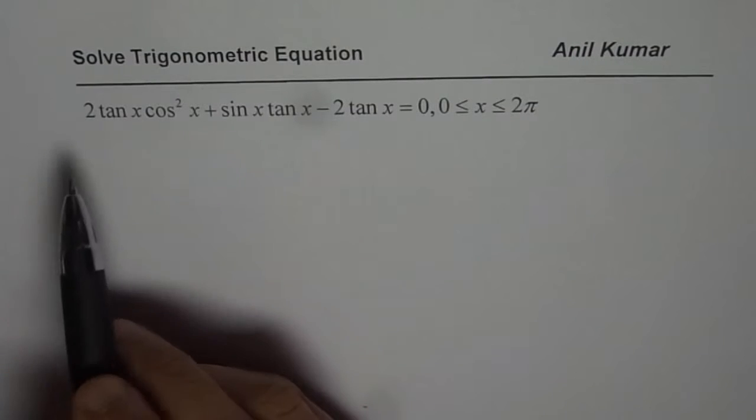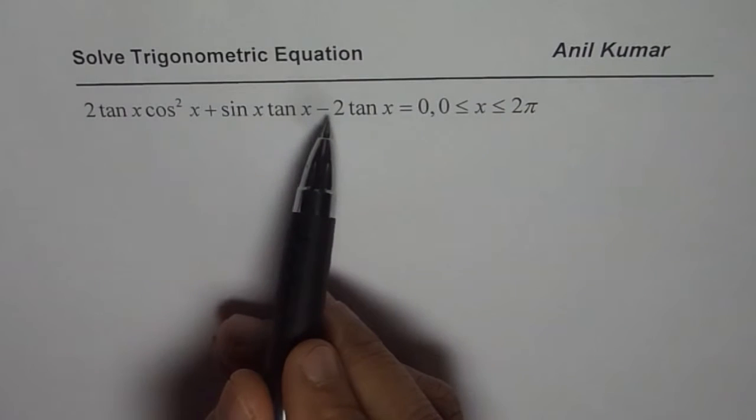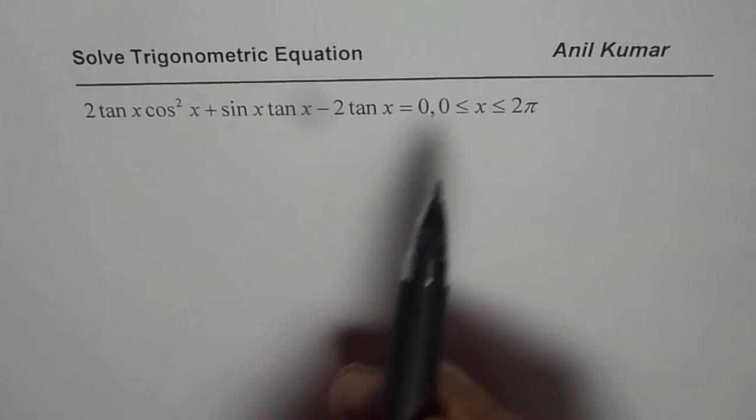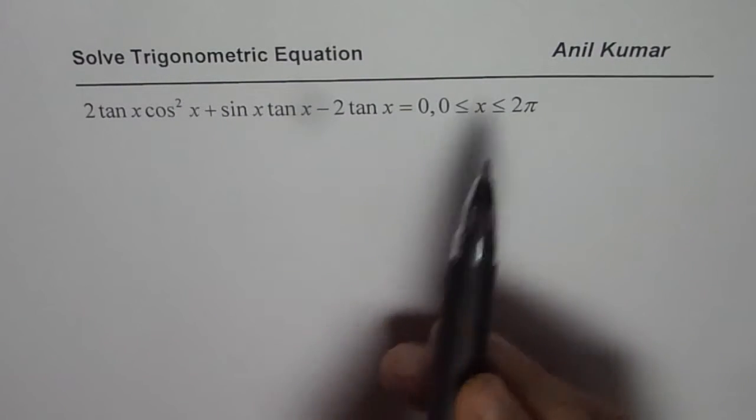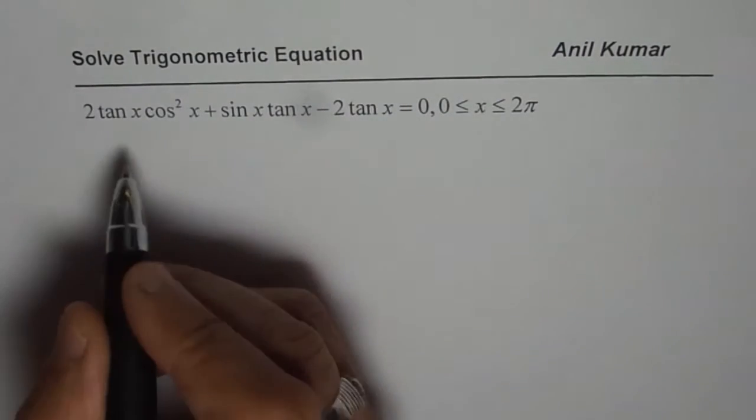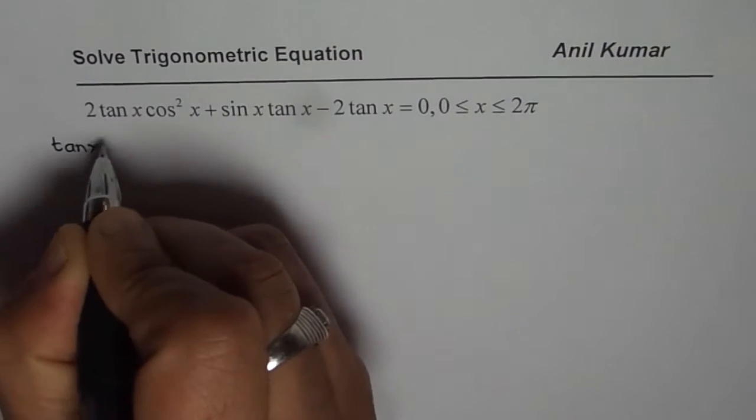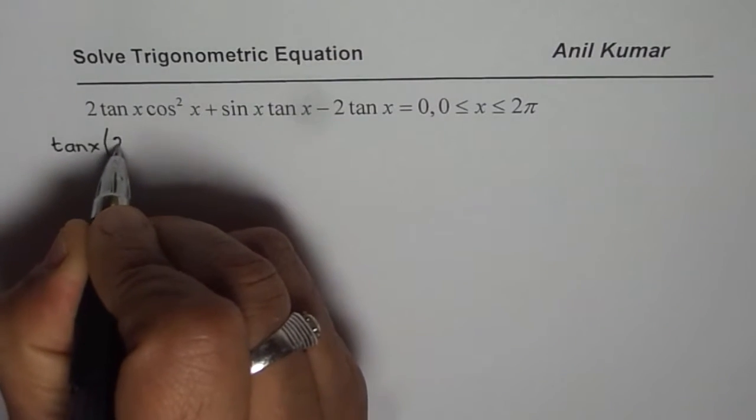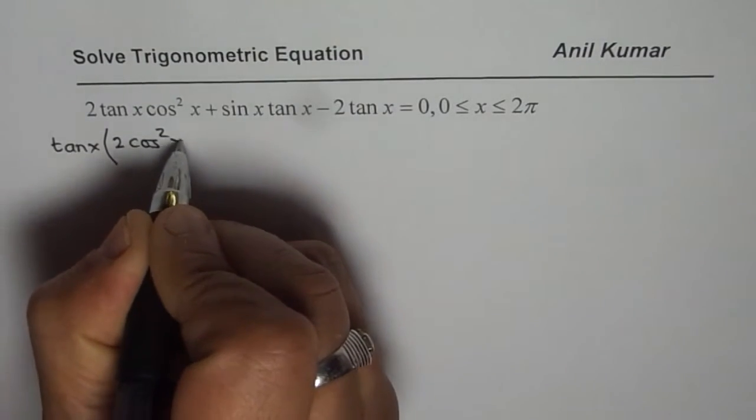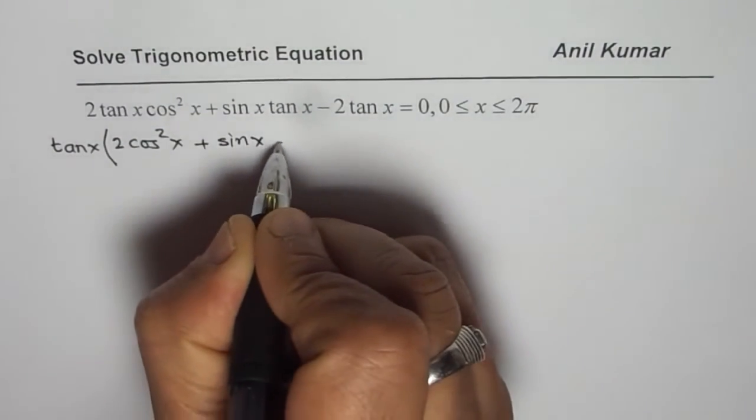The question here is 2 tan x cos square x plus sin x tan x minus 2 tan x equals 0, where x is between 0 and 2 pi. Now clearly you can see that tan x is common, so let us start by taking tan x as a common factor. And we are left with 2 cos square x plus sin x minus 2